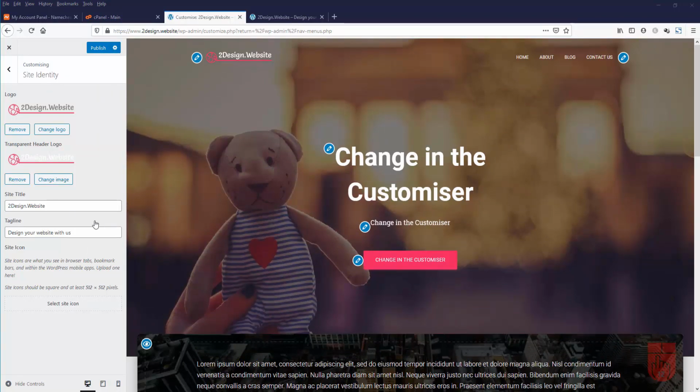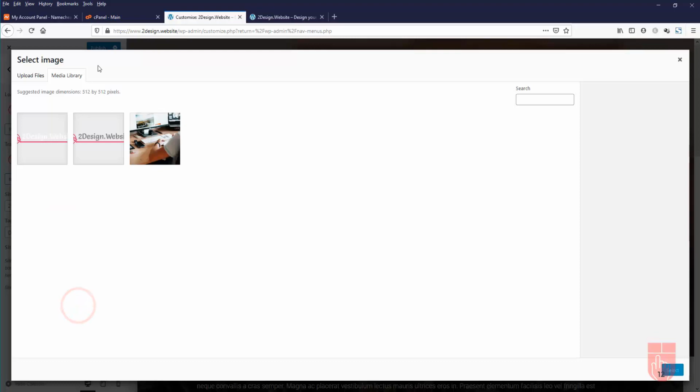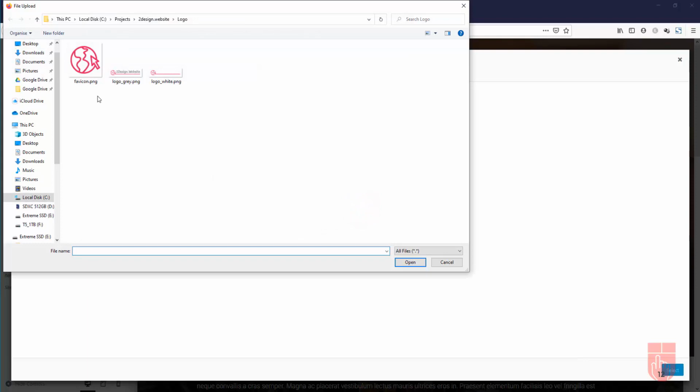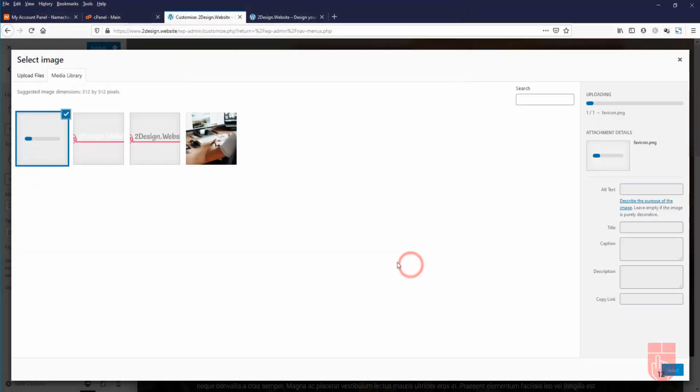I'm not making any change of my site title or tagline, but I'm going to upload an image for my site icon. The site icon replaces the icon that we can see on the tab. So to replace that, I'm going to upload a site icon that I already created. So I'll click upload file, select files, then this is my site icon. I called it favicon.png. Select that, open it,